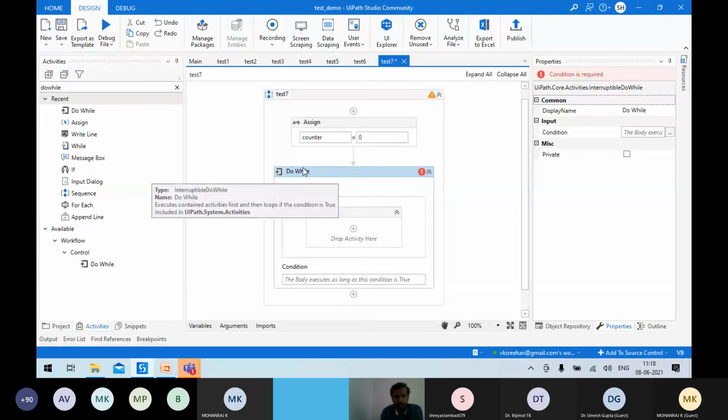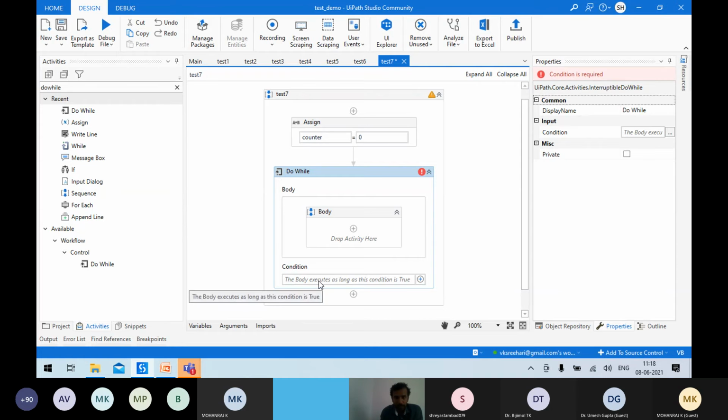In the while, you'll see that first the condition is given, then we are giving the body. Here what happens is that the body is given first and then the condition is given. So since it is a sequence, irrespective of the condition, whether it is true or false, this program will be executed once. So once it executes, it finds the condition. If it is false, it will exit out. If it is true, again it will keep on doing this till it becomes false.